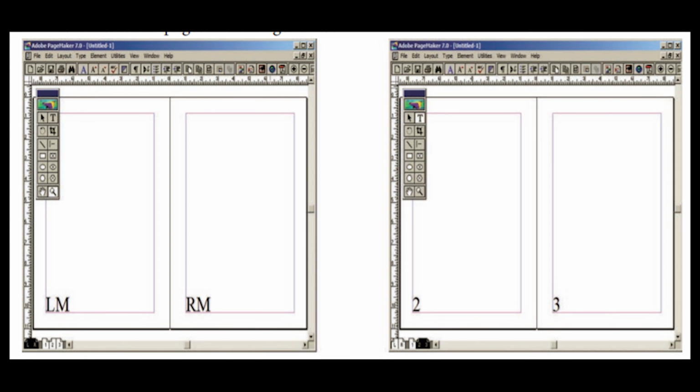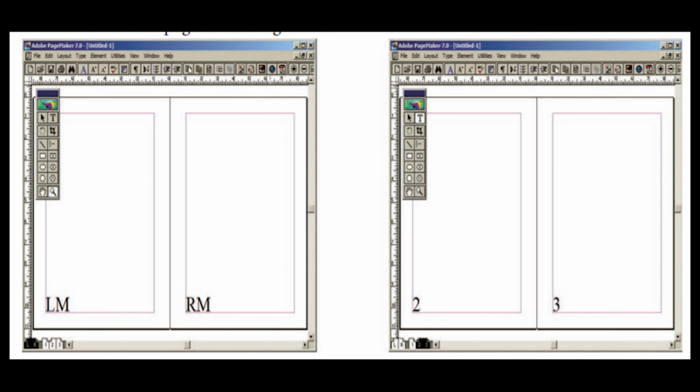To insert the page numbers, first we have to click on the master pages icon. I have told you that L and R displayed in the left bottom corner of the page is the master page icon. We click on that, then click the text tool so that the cursor becomes an I-beam, and then click on the left master page where you want to put the page number, and press Ctrl Alt P at the same time, and then the page number will be displayed.